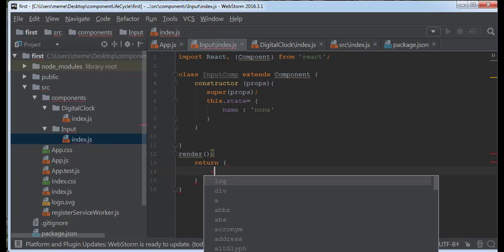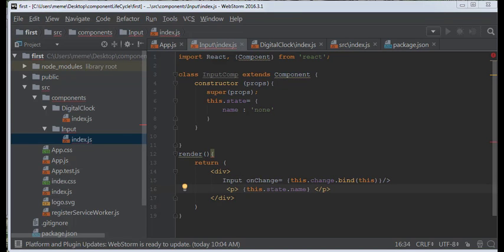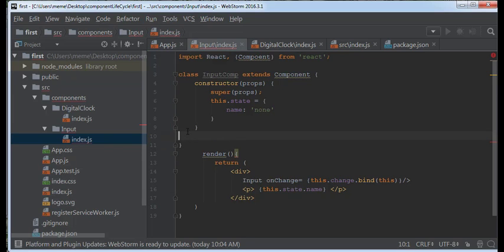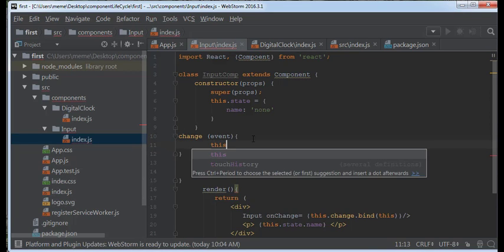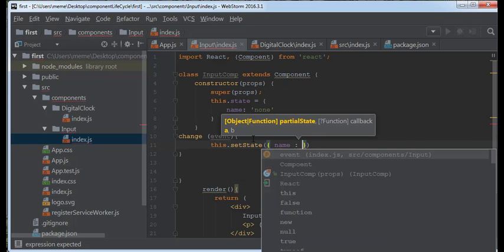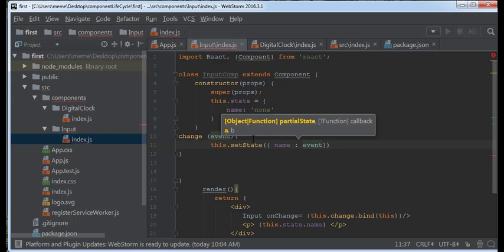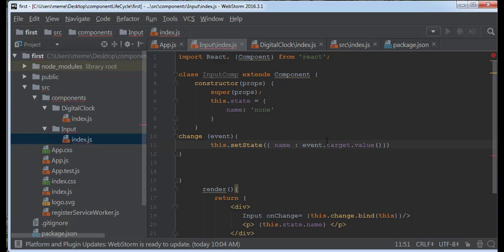and we write only one main div, input. Now I create the change event, in which we write the variable this set state name, event dot target dot again the value. Okay,